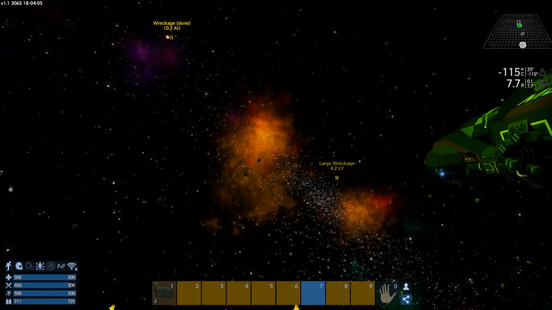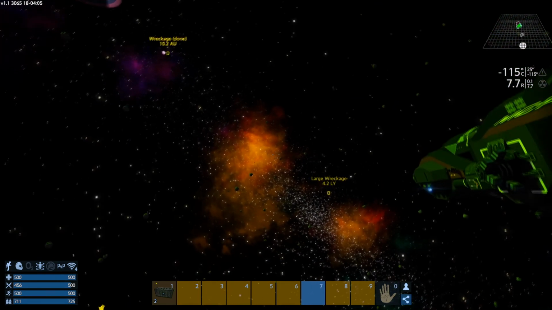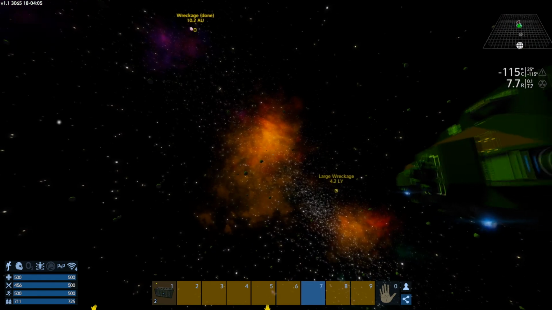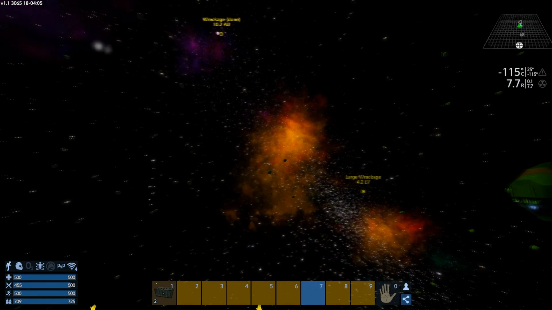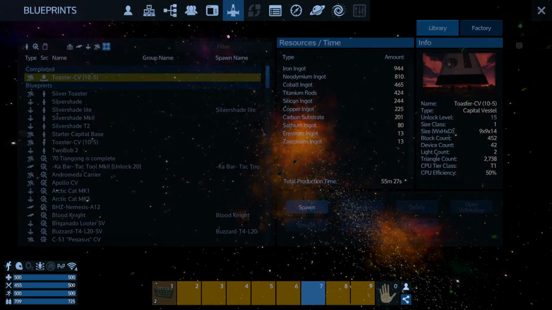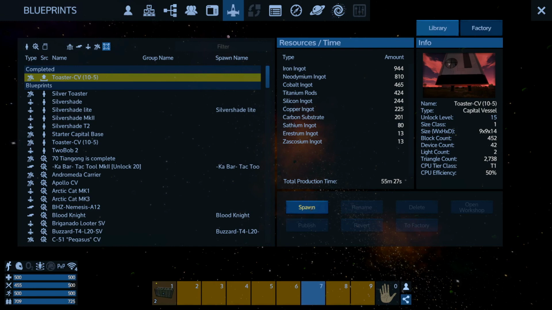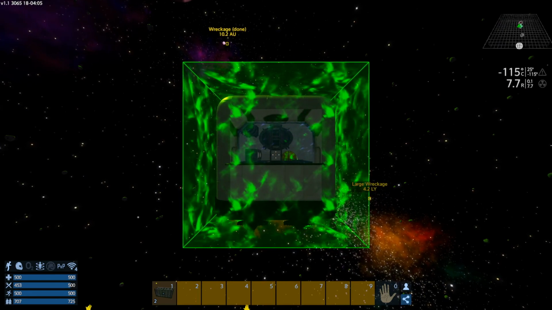Let me just... Why am I on a different orientation? That's a bit annoying. Right, we're just going to get forward. I think about there would do. I mean, it doesn't have to be perfect. We're just going to spawn the toaster in. Now